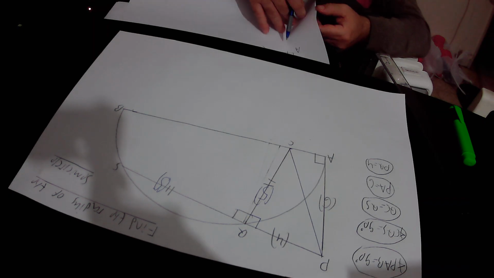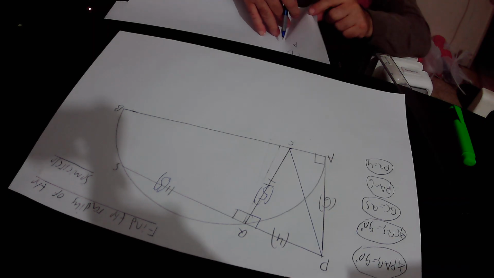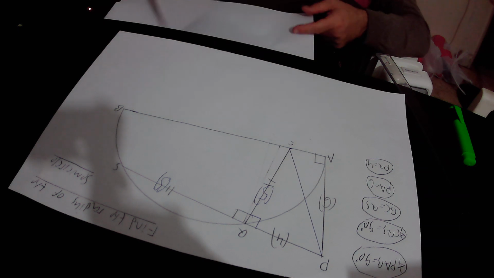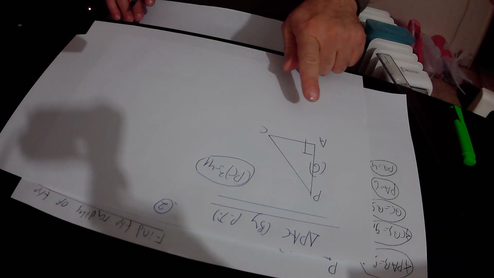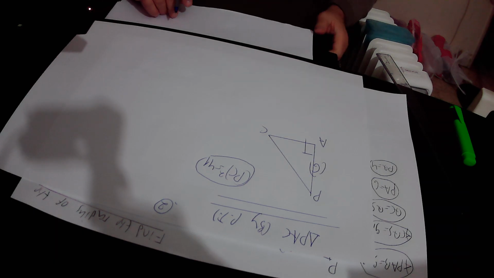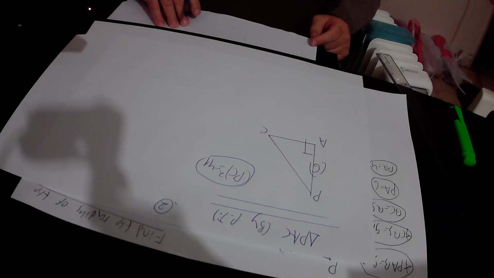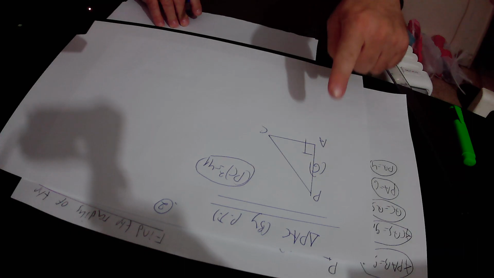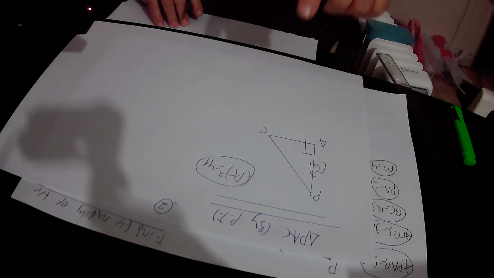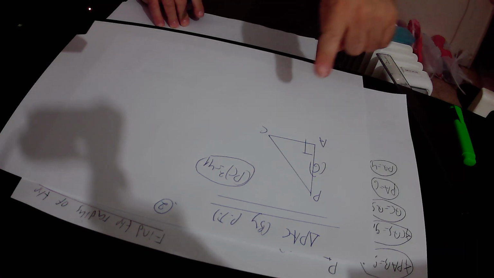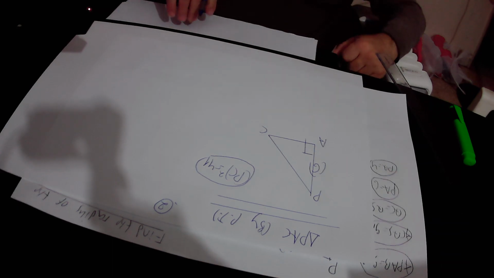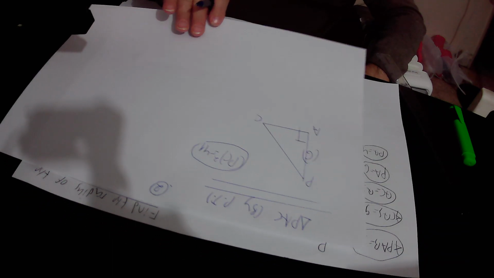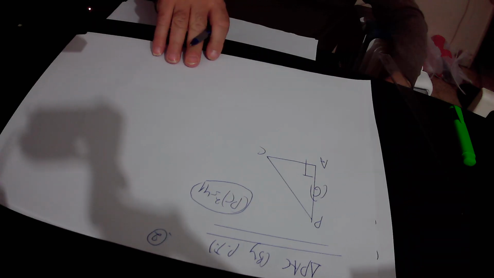I repeat again. This is the right triangle PAC that I copied from the original drawing. PA equals 6 according to what is given in the question. And we have already found out that PC square equals 41. So in this right triangle PAC, according to the Pythagoras theorem,